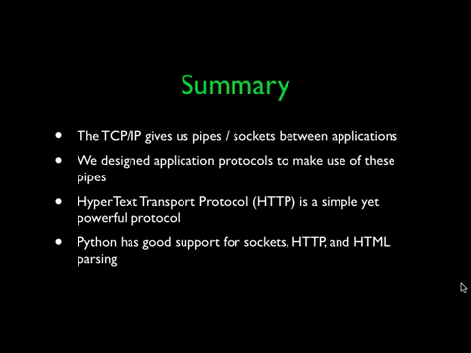So, in summary, we've talked about the hypertext transfer protocol. We start with TCP/IP, which gives us clean, in-order, error-corrected sockets between applications. And we have application protocols like HTTP. The protocol is send the GET request, wait for what comes back. And HTTP is this elegantly simple protocol, so simple that we can do it by hand if we really want to. By sending the telnet and the GET command, it's very simple yet powerful and very extensible. And Python has a library for both sockets and urllib and parsing HTML with